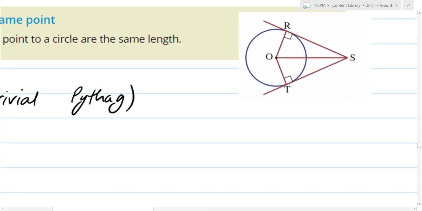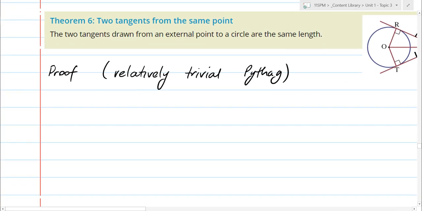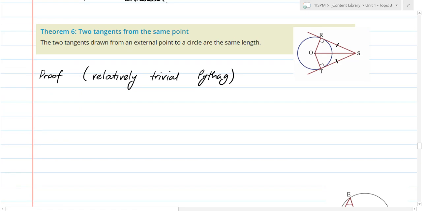So we've just done theorem 5 where we've shown that they're right angles. I'm now making a statement that RS equals TS. So that's what the theorem is, and it's a pretty easy one to prove. So we're making a statement RS equals TS. And this is because